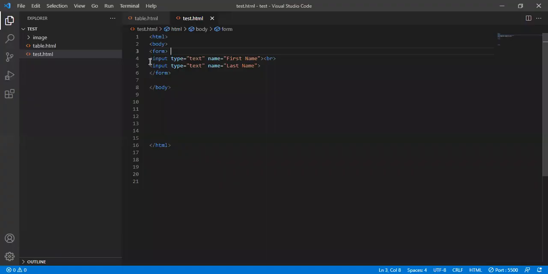Let's do something. So let's say before the input name, let's give it a first name. First name, and then over here, let's give it a last name. Yeah, last name. Let's save. Let's go back to. So you see,